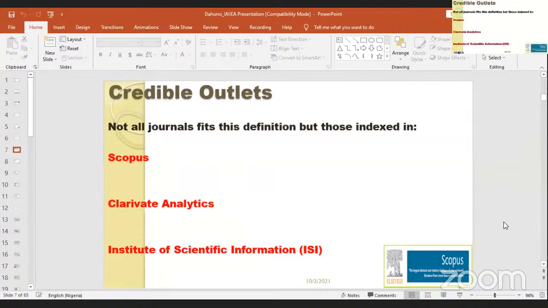Now, there are outlets and there are outlets. There are journals and there are journals. And I will tell you tonight, very frankly, that not all journals fit into what I call credible outlets in publishing,